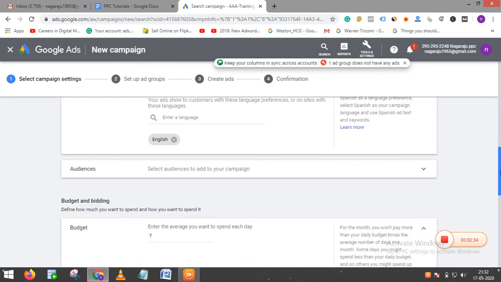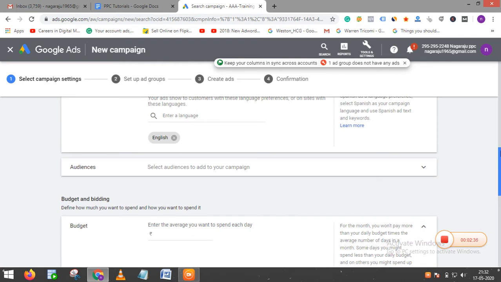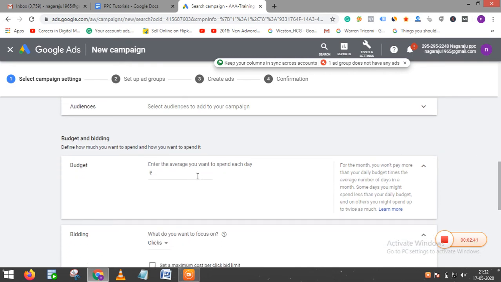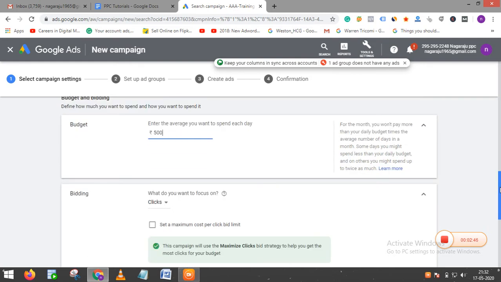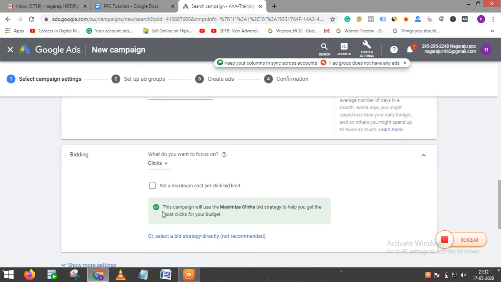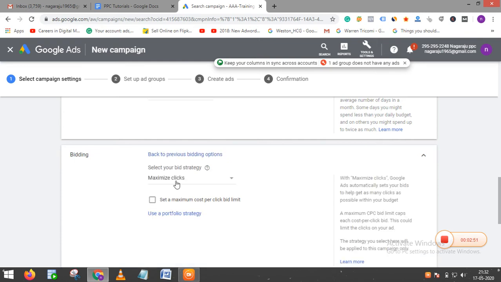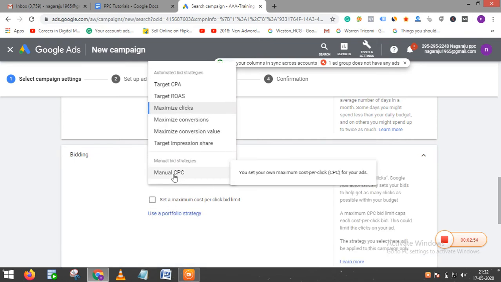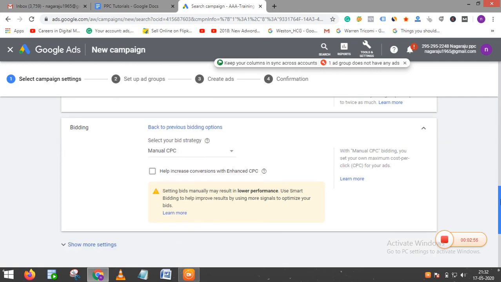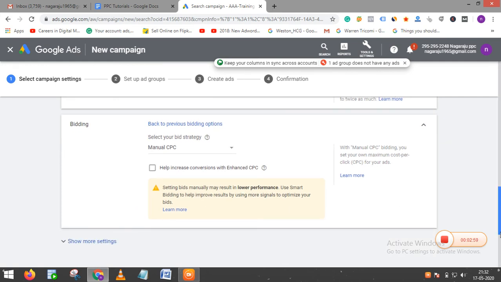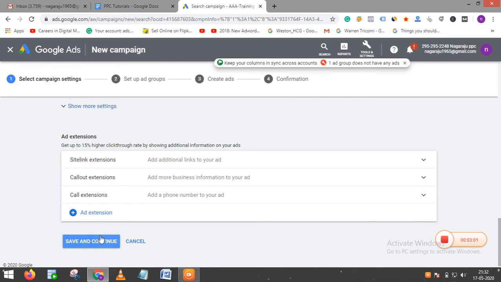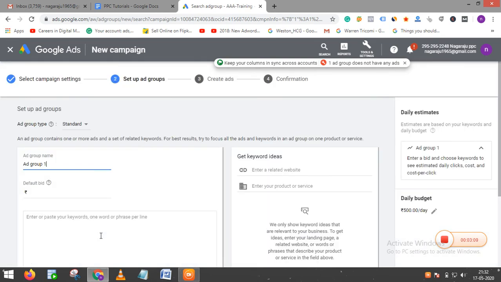Language by default will be English. Yes, I want to show my ads to an English user interface audience. Budget, I want to spend 500 rupees per day for this campaign. The bidding type, I want to choose manual CPC. Click on save and continue. This is a dummy campaign, so I am not choosing many options here.